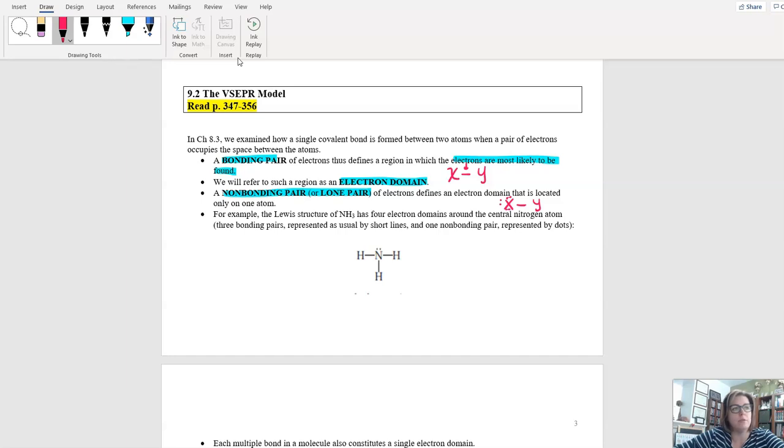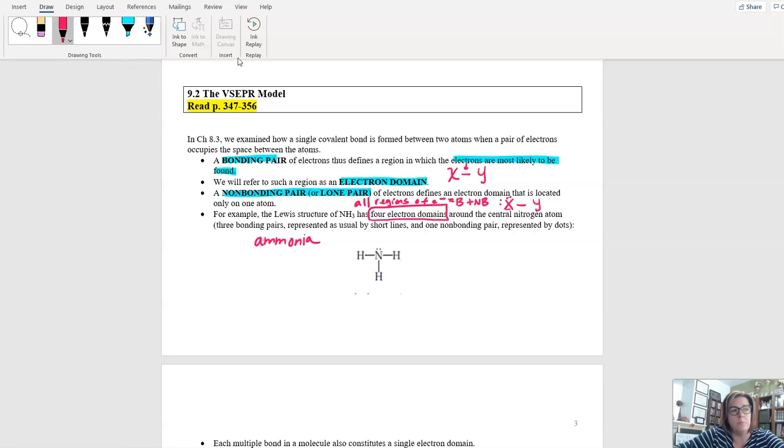So for example, Mr. Ammonia. And we need to make sure we are practicing names too. So ammonia has four electron domains. So you need to think of electron domains as regions of electrons. Okay? And we're going to make sure we get that in there. Regions of electrons. But we're talking about all regions of electrons. So in those regions of electrons, it could be bonding